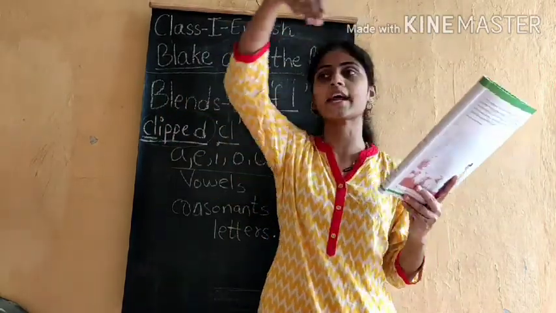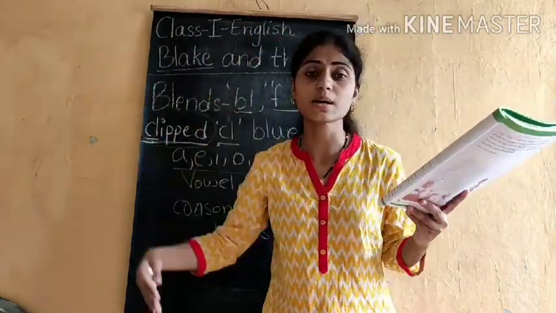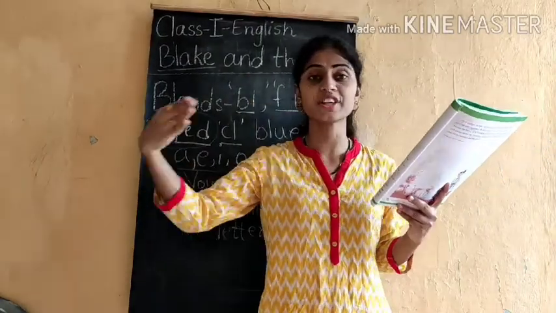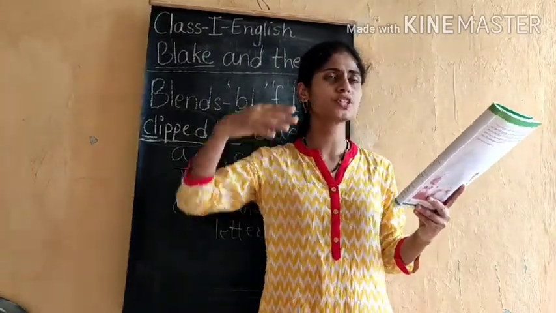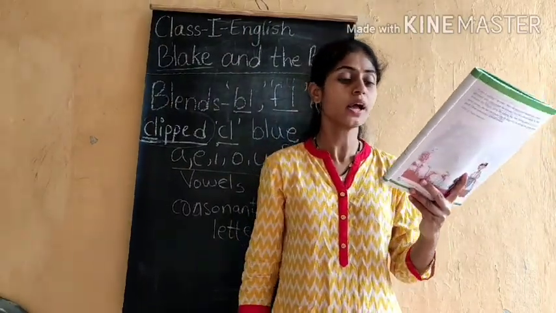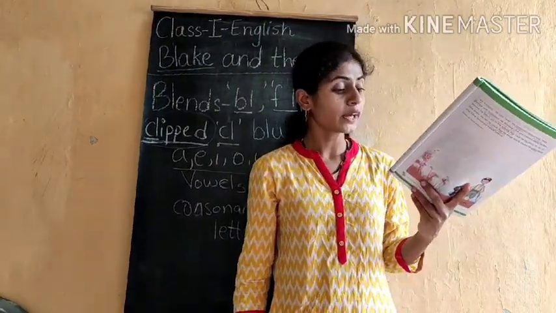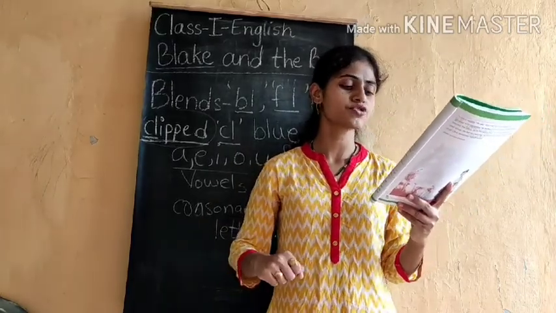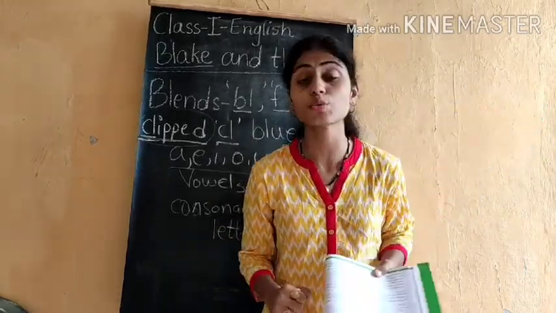Next, the flock would fly in the clear sky over the cliffs. Cliffs means at the edge of the sea. Sea means samudar, and edge means at the corner. And clouds, that is what we call badal. Then Blake would sit on the ground by the stream and the flowers. Now what would Blake do?